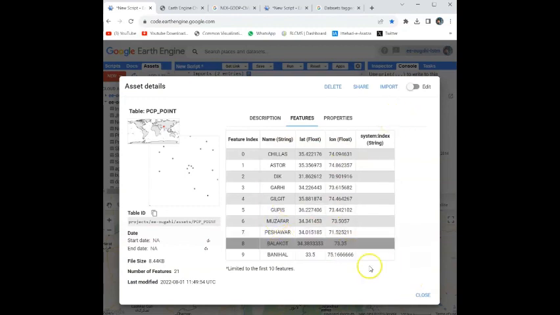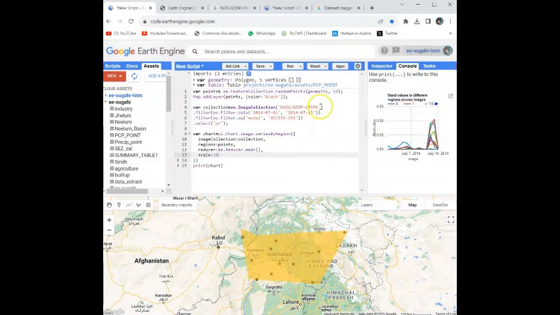So you can use your own points at a specific area. If we change the name of the region with the point shapefile, the table name of this variable, here,